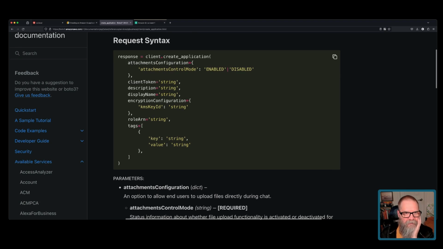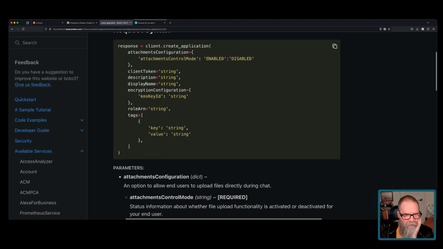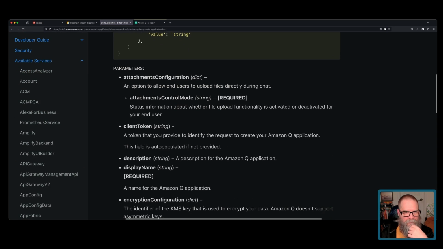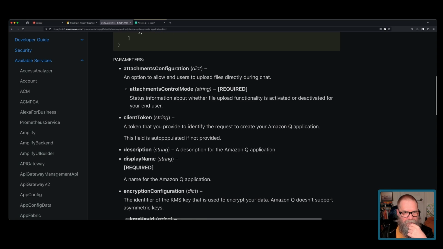The first thing is attachments configuration, an option to allow end users to upload files directly during chat. That sounds kind of neat. I don't think we'll do it today. We're going to keep this bare bones for the time being. What else is there? Client token. So this is a token to uniquely identify our requests. Okay, if we don't provide it, it's auto-populated, so that's good. A description, a display name,